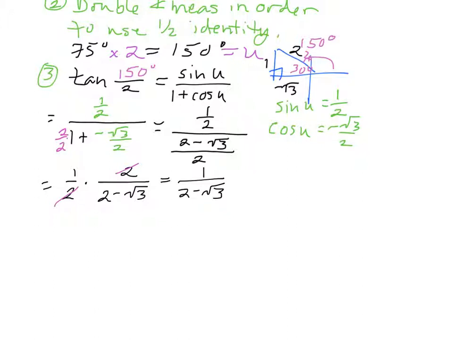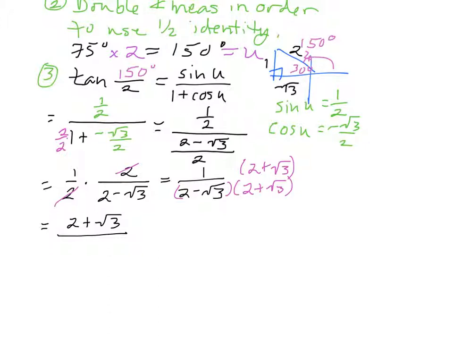You cannot multiply by rad 3 because you have a 2 minus radical 3. So you have to multiply by the conjugate, which is 2 plus radical 3. And you have to do that to both the numerator and the denominator. Was that Juan who said that? Well done. And so that equals 1 times the numerator, 2 plus the square root of 3, divided by